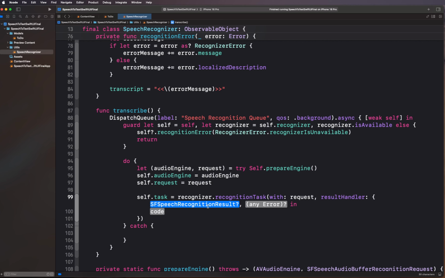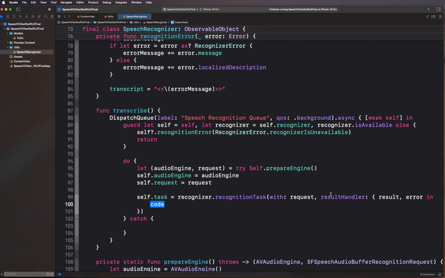So we're gonna put this in a variable called result and error. Okay, now what we want to do with these is once we have received the results, we're going to check if the result is final. That means Apple on the servers, they're going to be processing these voice inputs, and they're going to try to figure out using their machine learning model what's being said and what's being transcribed is correctly